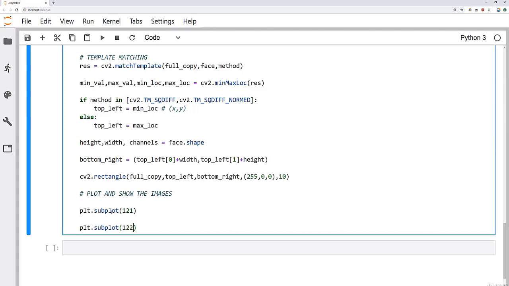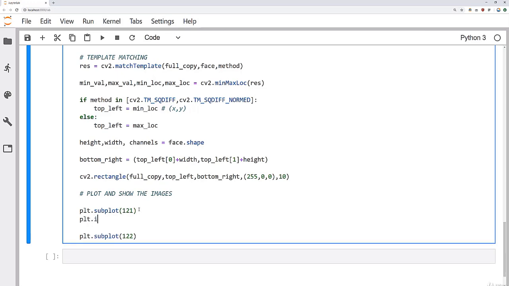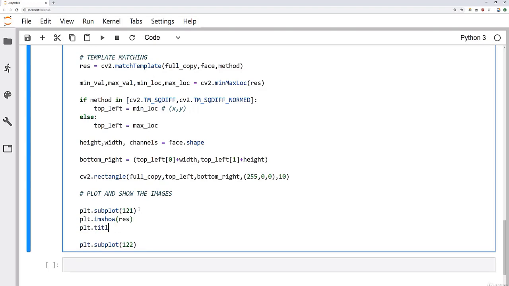And what this says is, give me a plot that is 1 row by 2 columns. So we're going to have 2 images right next to each other, left and right. And then this last one means grab the first one, and this 2 here means grab the second one. So on the first one, we're going to show that heat map result. We'll say imshow the result of the heat map, and then we'll give it the title heat map